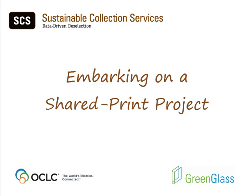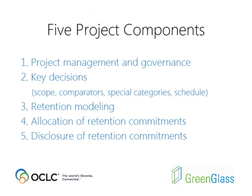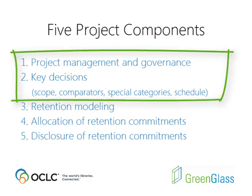The trajectory and timeline of your shared print project will be distinct and will depend on the size, scope, goals, and urgency of your participant libraries. However, there are 5 basic components or phases for all shared print projects as listed here. This video is designed to offer a summary of the whole process with a focus on project management, scope, special